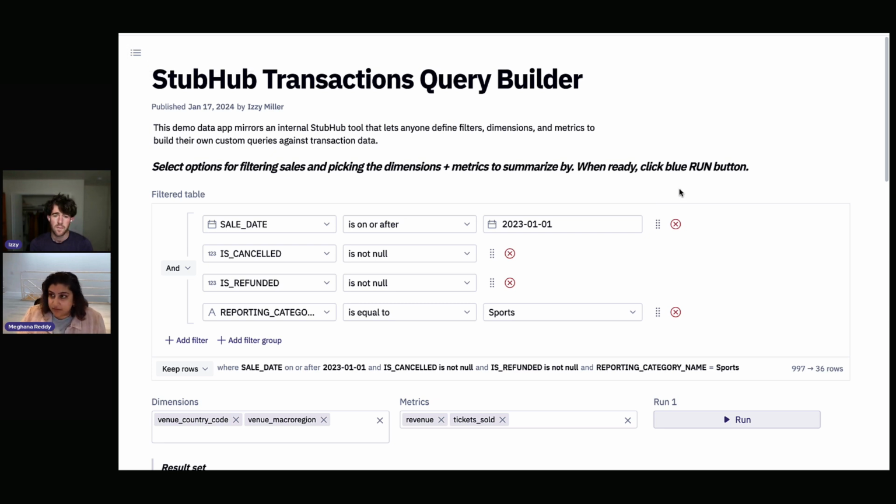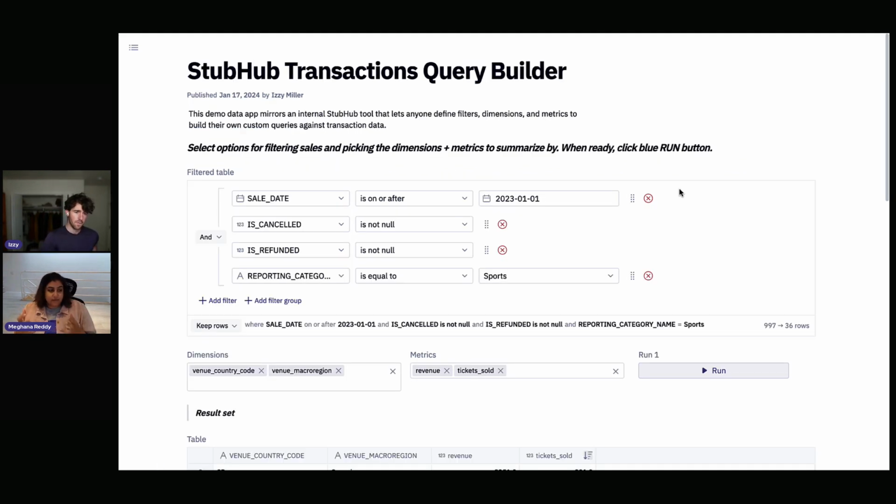All right, so let me zoom back out here a bit. Here we have another Hex app. Like I mentioned, it's a different audience. So this is really meant for very open-ended, interactive, self-serve exploration. Specifically, this is looking at, again, sales data, but allowing the user, in this case often a business analyst or somebody who prefers a point-and-click experience, but has a lot of really great and important questions about our